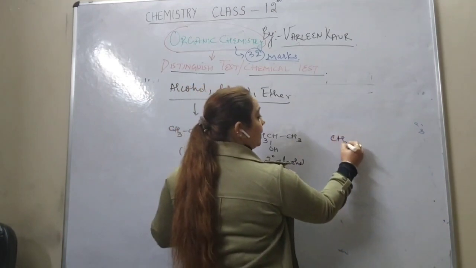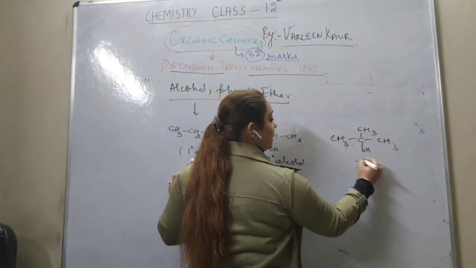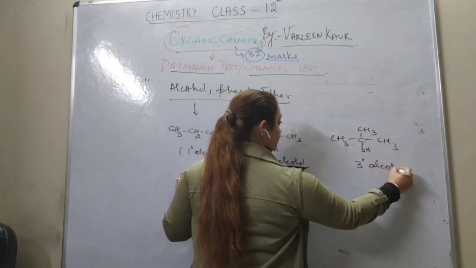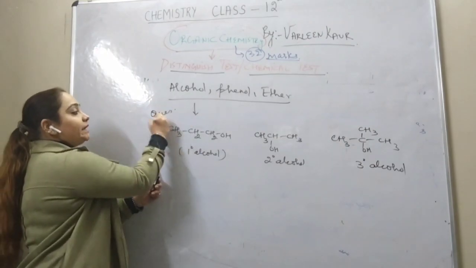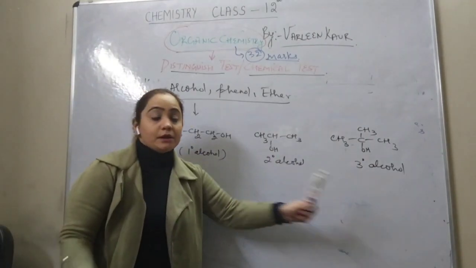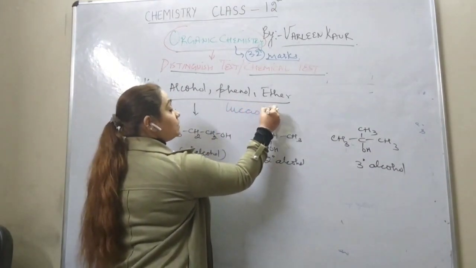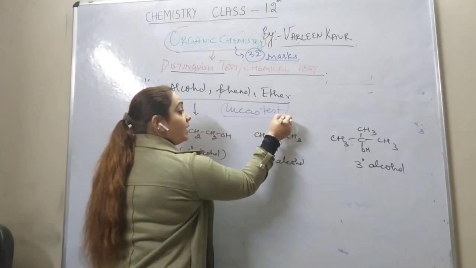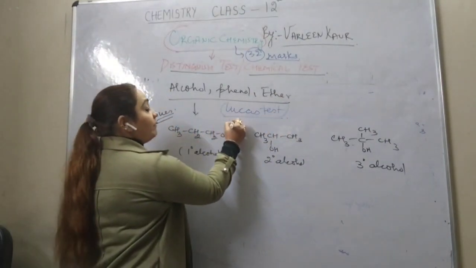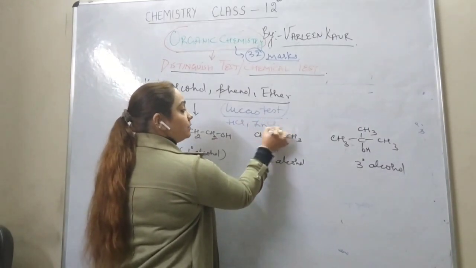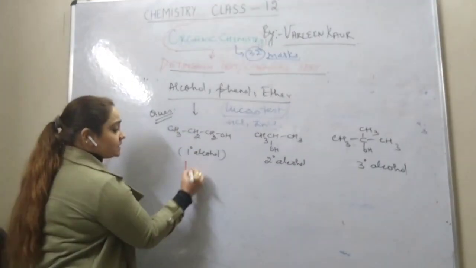And lastly, we have tertiary alcohol. Okay, now the question says, how to distinguish between the following. So the test we have to perform is known as the Lucas test. We have the Lucas test in which we have to take an equimolar quantity of HCl and ZnCl2. So what happened? I am going to apply this reagent